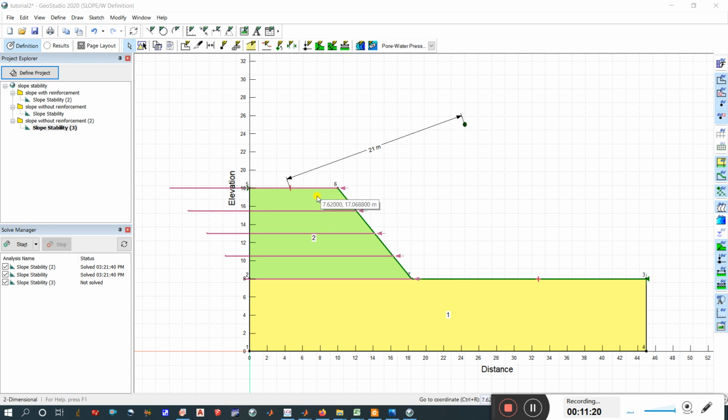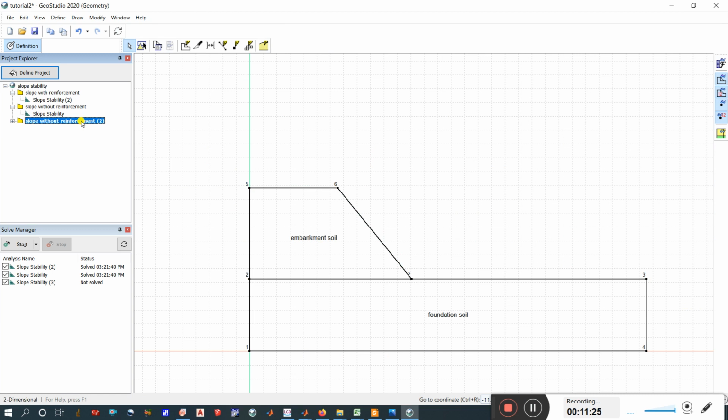Now everything is set. You just have to analyze it. So first let me rename it. I'll name it with multiple reinforcement.